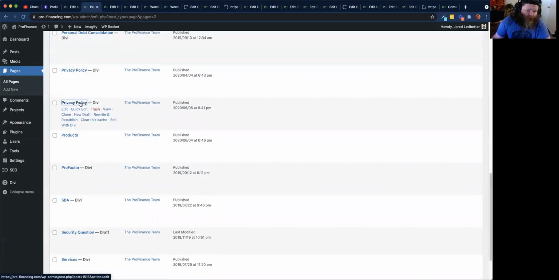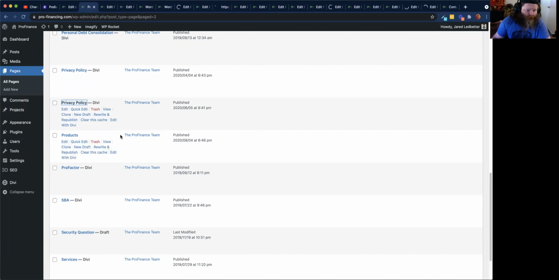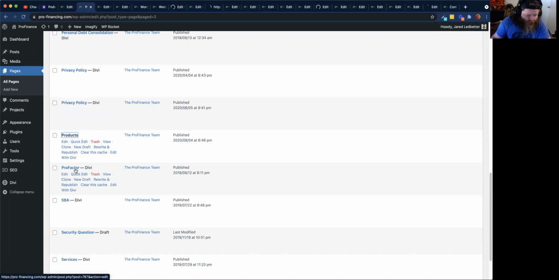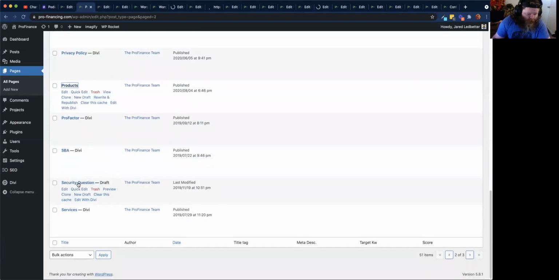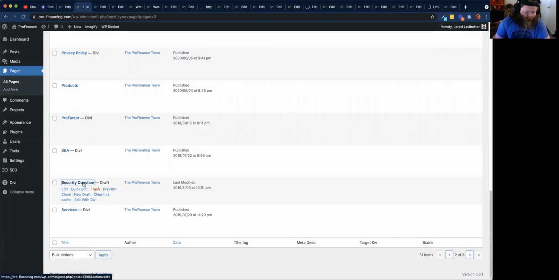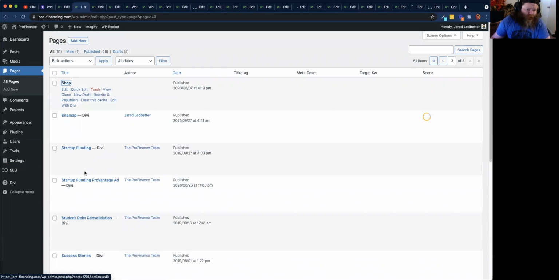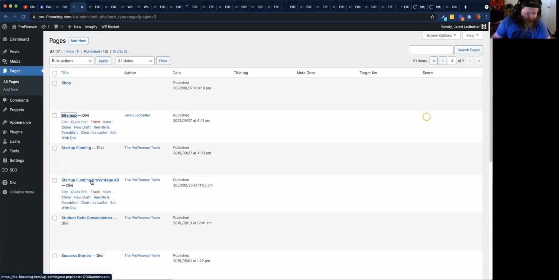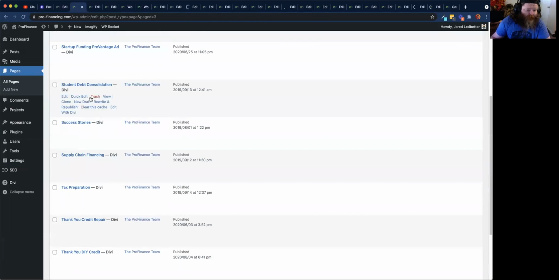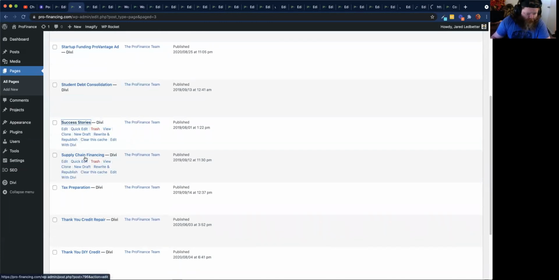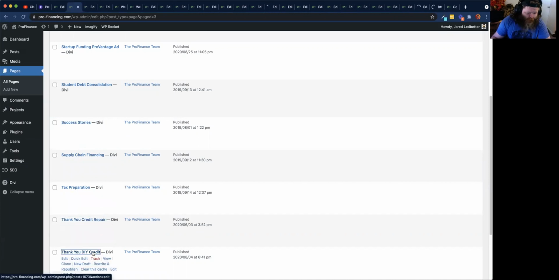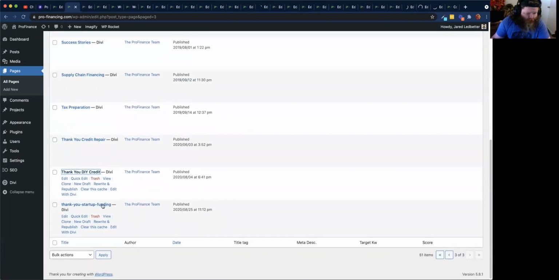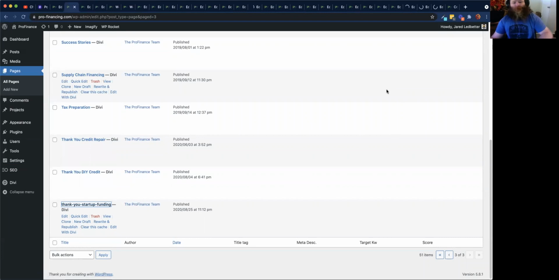These two privacy policies, no idea why there's two of them. Remove products, Pro Factor, I'm guessing that's a Proctor service. SBA loan, security question. Okay, I'll remove that. Shop, definitely. Sitemap, definitely remove that. Success stories, we can remove that one. Thank you pages, we can remove those. And thank you. Okay, so on all of these pages that have just been identified, we need to go through